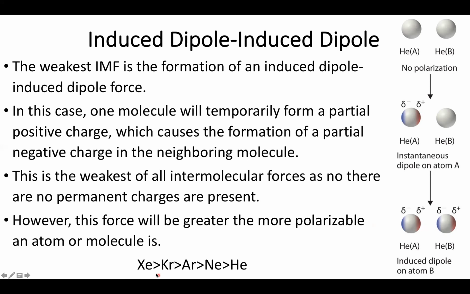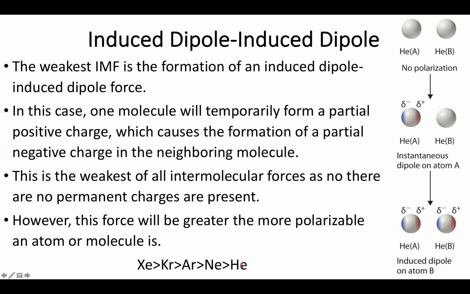So again, we're watching the strength of this IMF rated the same way we rate the polarizability. Xenon is more polarizable than krypton, than argon, than neon, than helium. This is one of the reasons why you can actually get liquid forms of these heavier noble gases a little easier than you can with helium, which doesn't form a liquid until about 4 degrees Kelvin because it has no